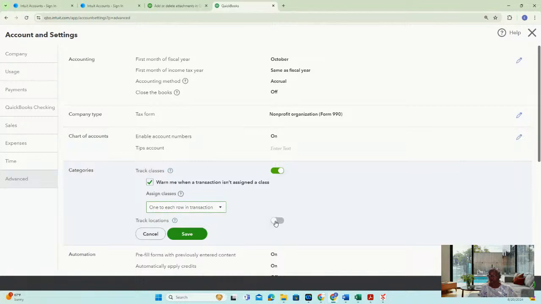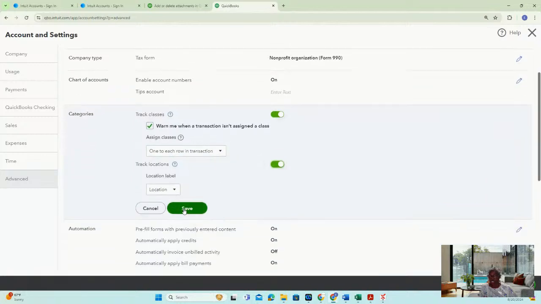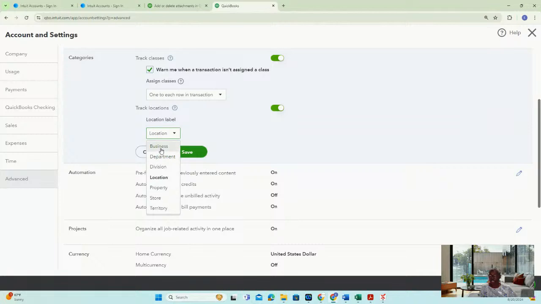And then we're also going to be tracking by location. When you track by location, you can change it for the purpose of what you're using it for. So let's say you're using it for property, store, territory, division, department. I'm going to use this as a non-for-profit. I'm going to want to use the location for restricted and non-restricted. So I'm just going to do